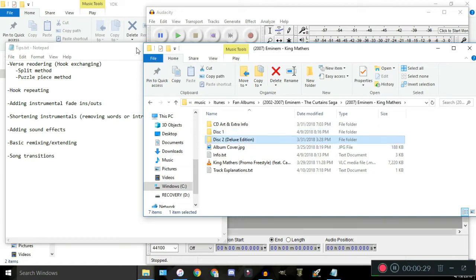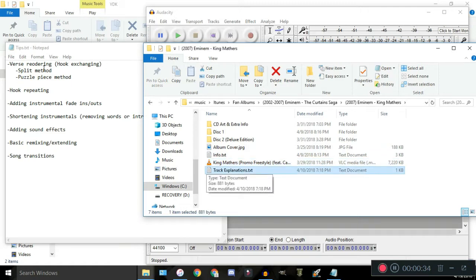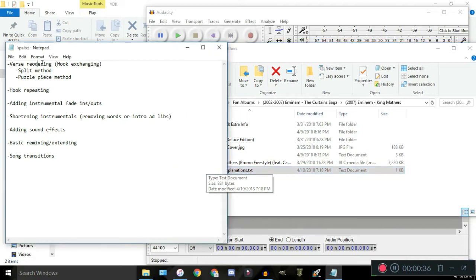And the first thing I want to talk about is what is possible. So I'm gonna do in this video verse reordering, hook exchanging, hook repeating. All the names are pretty self-explanatory. Adding instrumental fade-ins or fade-outs to songs, shortening instrumental. So that's like if there's a 30-second intro to a song and you want to change it to 10 seconds,